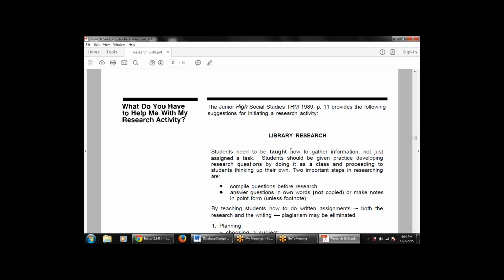That is, they are doing the research questions as activities in a class and then proceeding to the student thinking of their own. So students should be given practice developing research questions by doing it as a class and then proceeding to thinking of their own. And there are two important steps used in researching: compile the questions before the research,